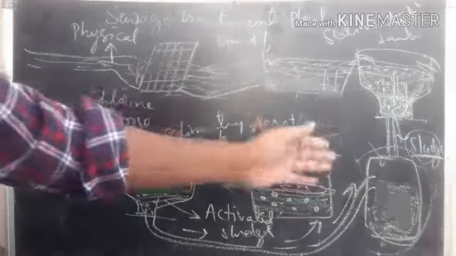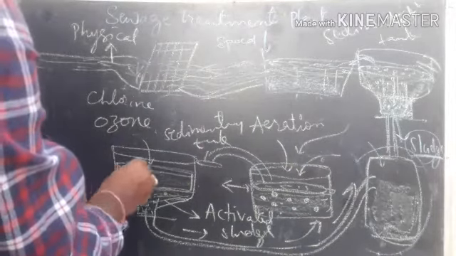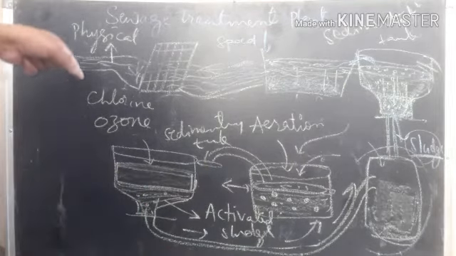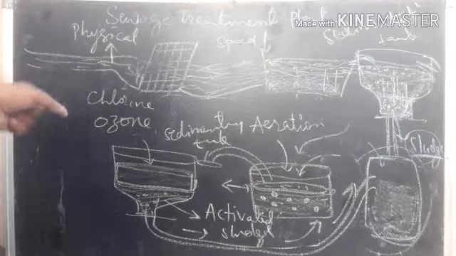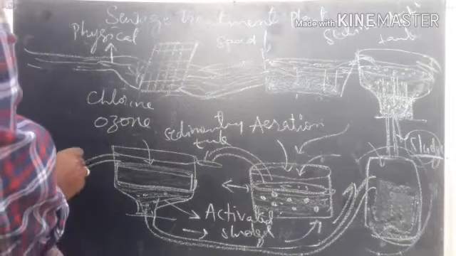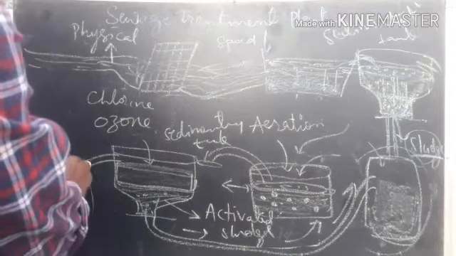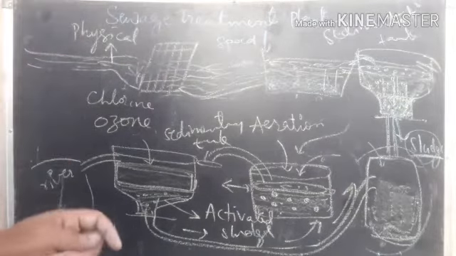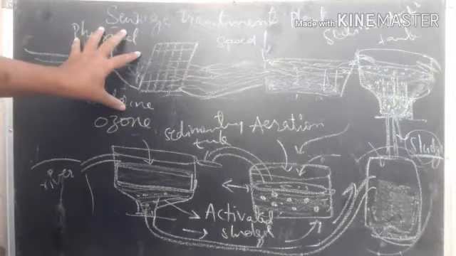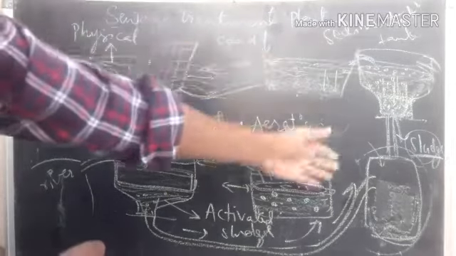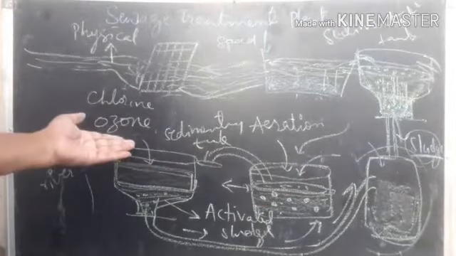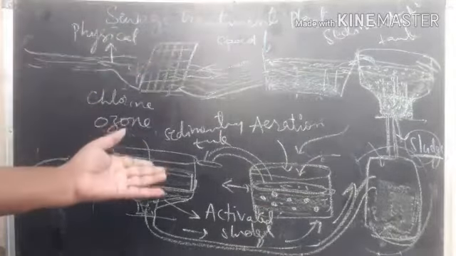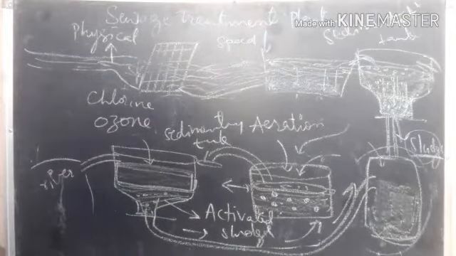However, by doing all these processes, now we have very pure water. This pure water can be sent into a nearby water body, or it is released into a river. Now there is no problem. Why? Because we treated the water in all aspects. Physically we treated, biologically we treated, and chemically also we treated. So by treating physically, biologically, and chemically, the water becomes very pure.